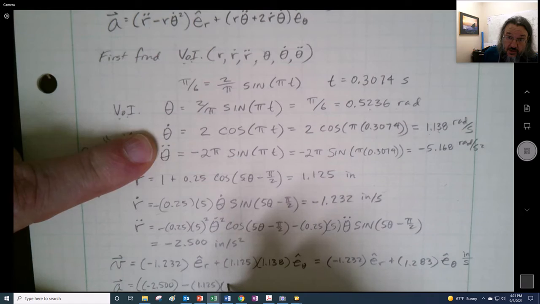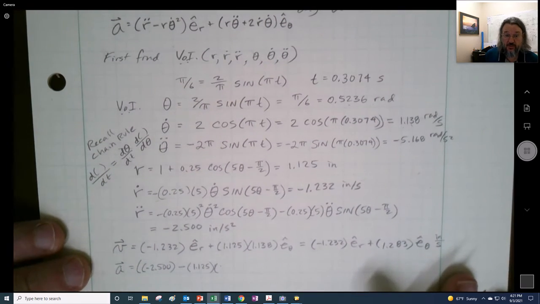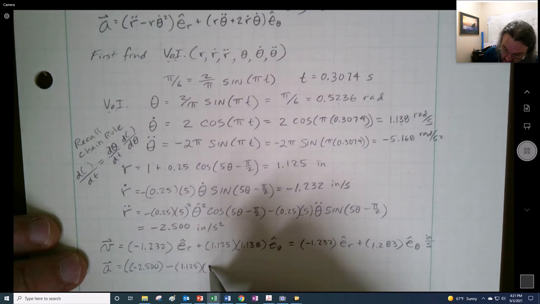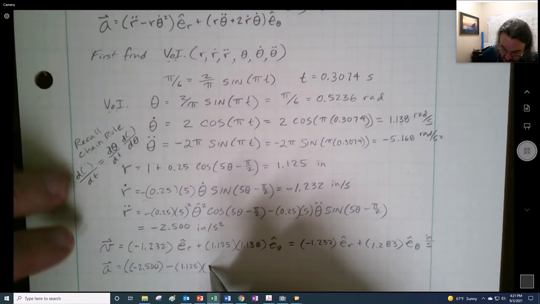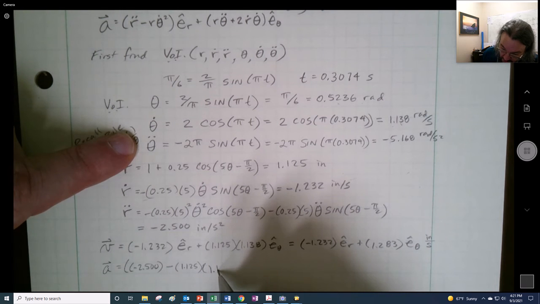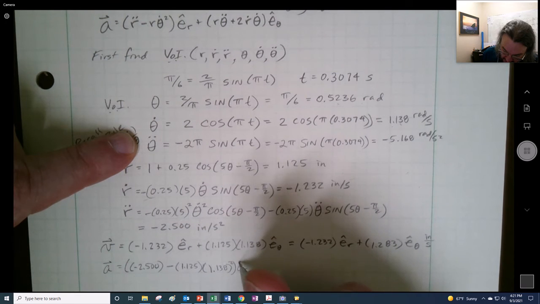Let's see, I can't get it all on one page, so I'll keep going up. There we go, so I can reference it back and forth up there. That's the one we're going for, 1.138 squared, as e r